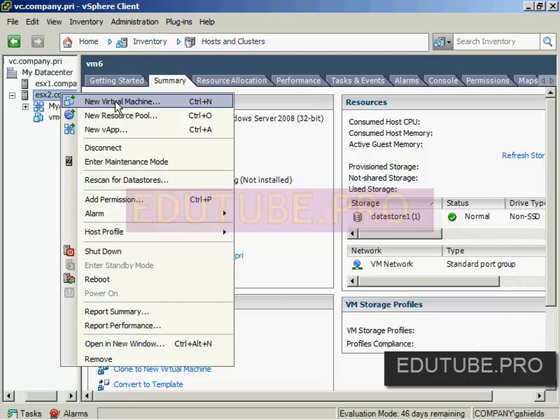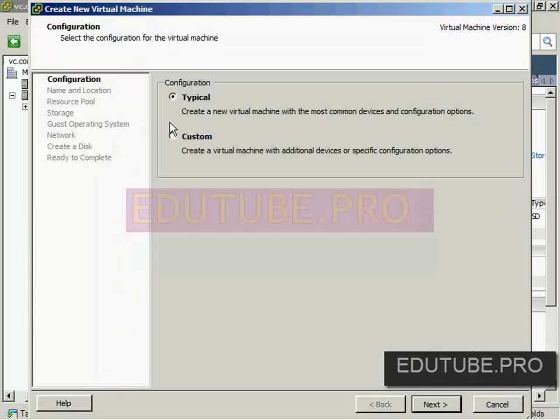Okay, we don't want to actually play with this one. What we want to do is create a new virtual machine. I'll power this one off, and we'll create another virtual machine so you can see the process that one will go through to create that new VM. I will start here under esx2.company.pri, but you could go under esx1 to right-click and choose